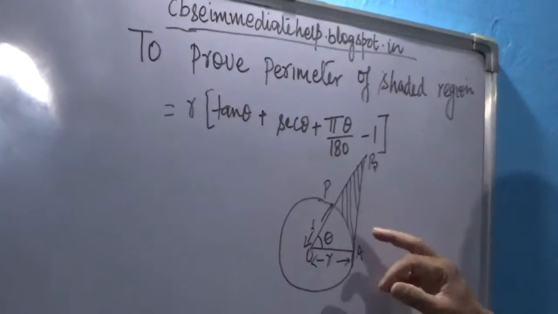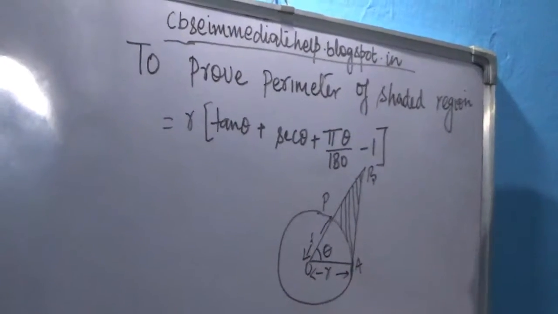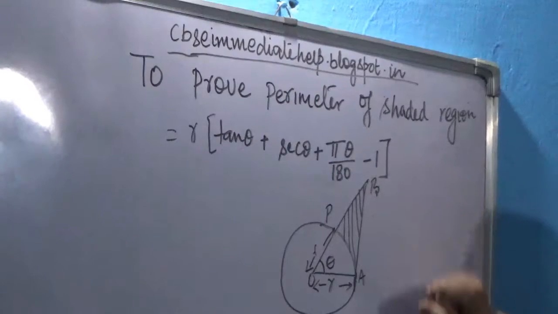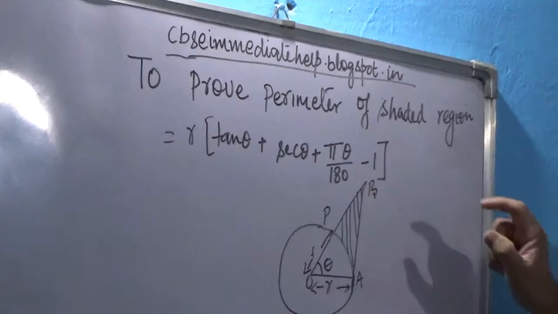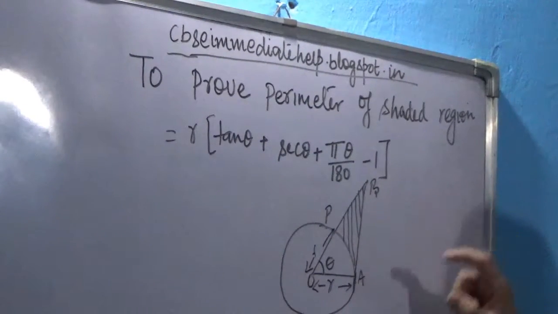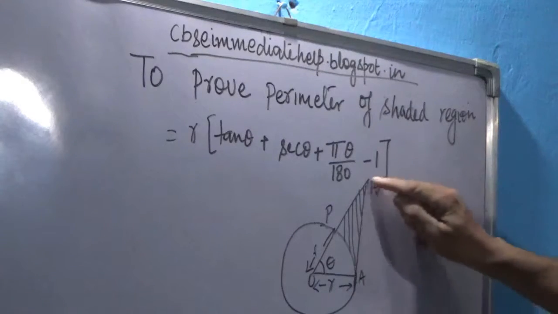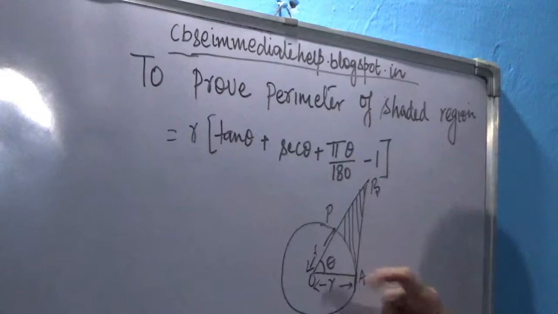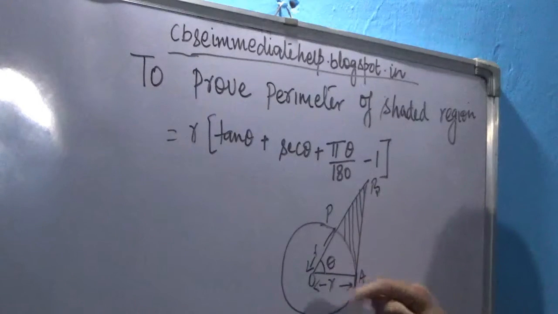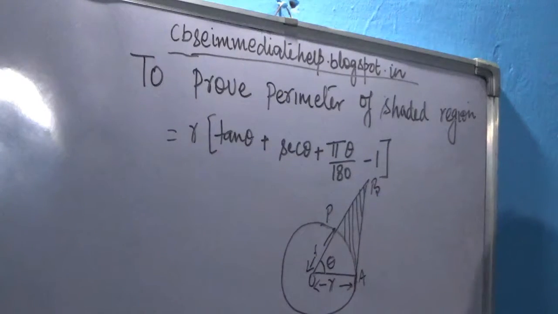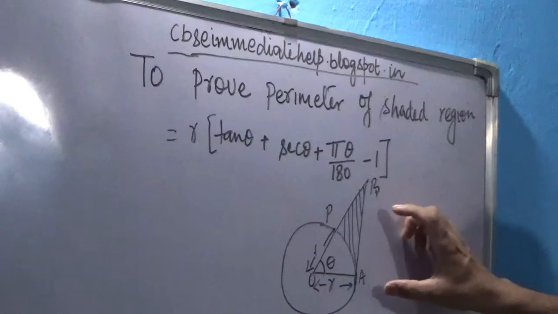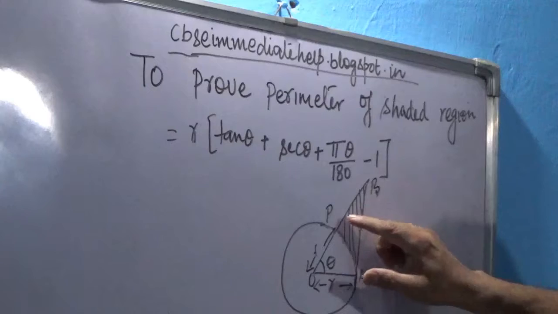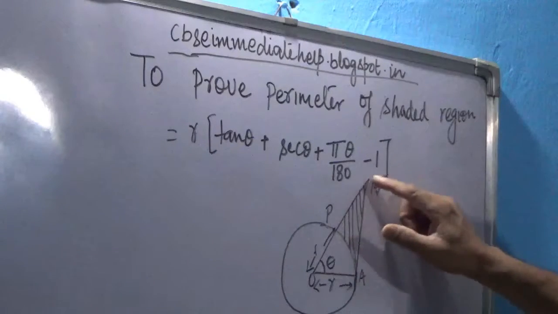ये एक पूरा सर्कल है जिसका रेडियस r है और ये AB जो tangent की तरह काम कर रहा है, and we have to find out what is the perimeter of this shaded region, right? And this is the angle theta which this line OB is making with this radius OA, and we have to find out the perimeter, not the area. It is the perimeter of this shaded region,